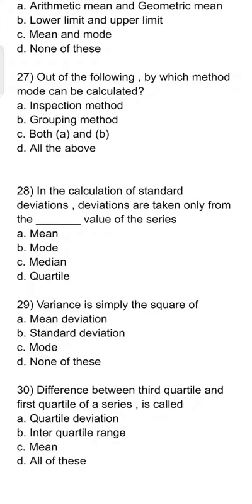तो इसका आंसर है B standard deviation। Variance is simply the square of standard deviation। Next, difference between third quartile and first quartile of a series is called A quartile deviation, B interquartile range, C mean और D all of these। तो इसका आंसर है B interquartile range।